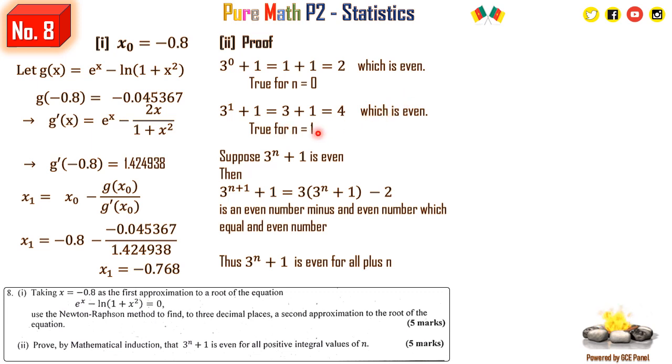Let's test for n equals 1. For n equals 1, we have 3 to the power 1 plus 1, which equals 3 plus 1, which is 4. Also true for n equals 1. If you like, test for n equals 2. n equals 2 will give you 9 plus 1, which is 10. It's true, right? Now let's suppose